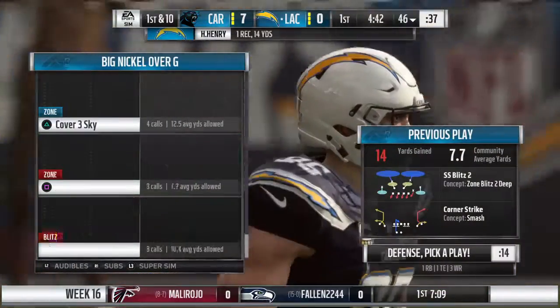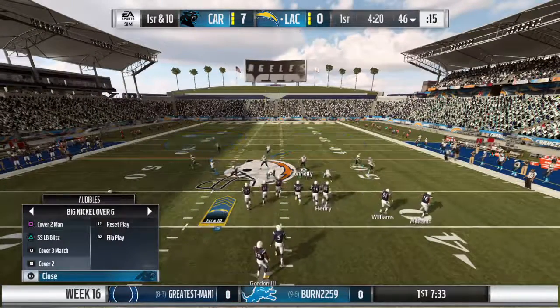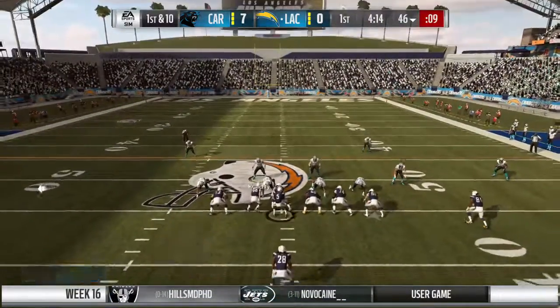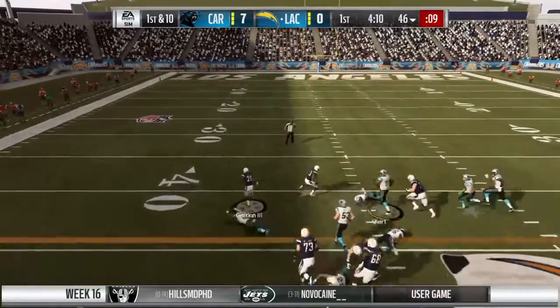14 yards is the pickup there, and a Charger first down. Charles, what's the mindset here offensively? You gave up the touchdown pretty quickly. Would it have changed if you had gotten a stop and it would be 0-0 right now, or no? I wouldn't think so. I think in most cases, just down a touchdown, you know, I mean, we're just getting...